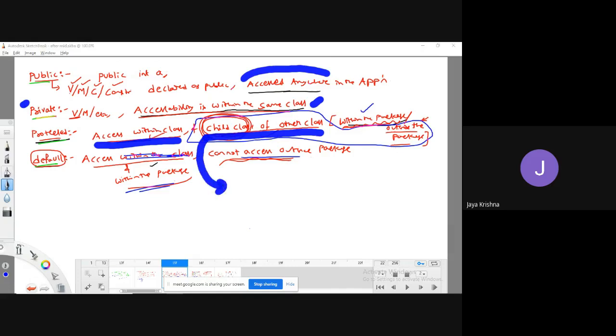When we get the concept of inheritance, we get the concept of child classes and subclasses, parent class, all this. And the important point is, once you declare anything as protected, that can be accessed either within the package or outside the package also.